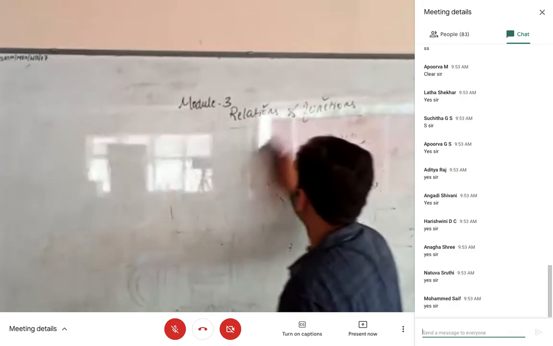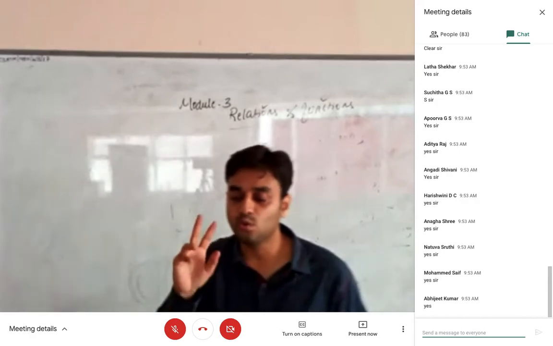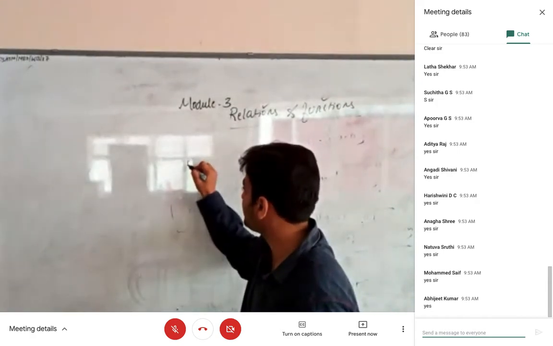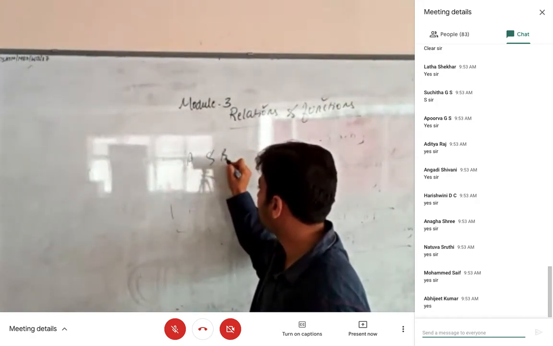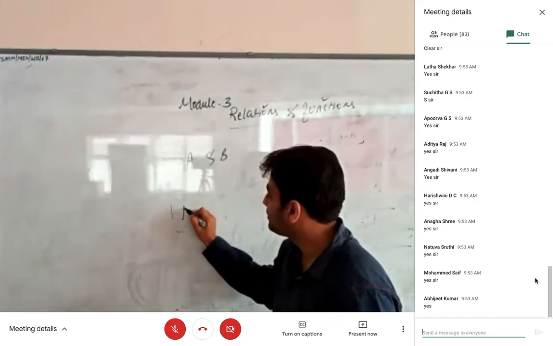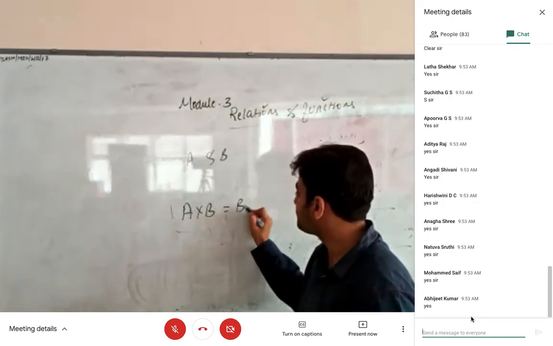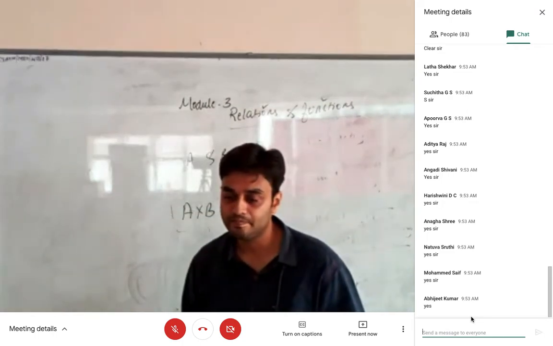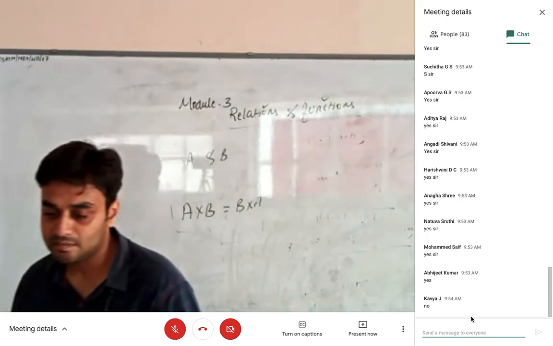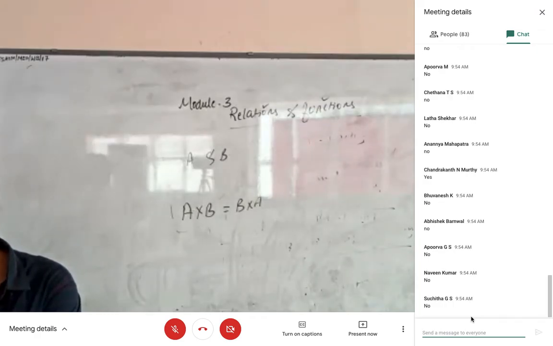Okay, I have one simple question for you. Let me see how much you have understood. Suppose I have two different sets, say set A and set B. My question is very simple. Will the cardinality of A cross B be the same as the cardinality of B cross A? Will it be the same? I'm just asking whether the cardinality of A cross B will be the same as the cardinality of B cross A.